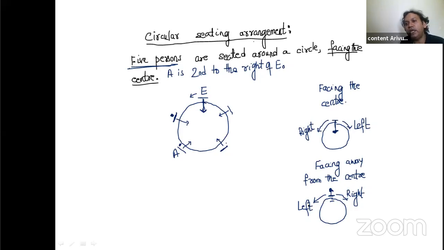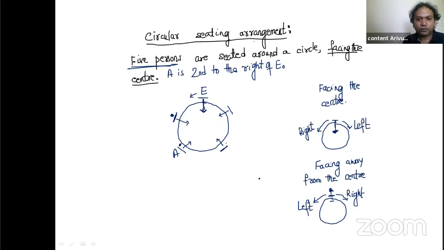And that's how you approach any question based on circular seating arrangement. Ideally, they are not given a question based on circular seating arrangement in the CA foundation mock papers. Even if they give you, they'll give you a simpler one, which is not based on all this facing the center, facing away from the center, basic ideas. If they don't mention anything, we have to understand that they are facing the center. This is how we approach questions on circular seating arrangement.